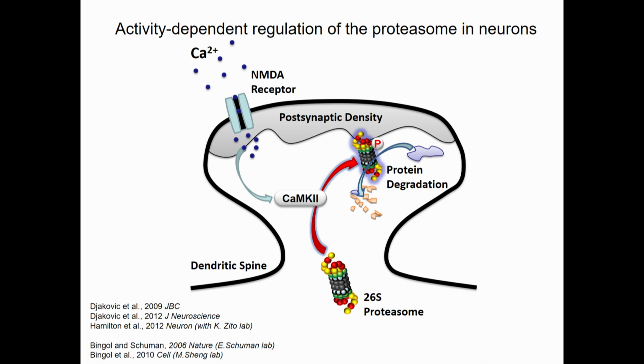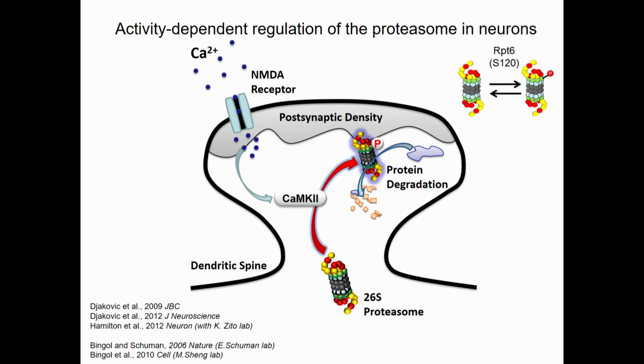This appears to be really important because we found, for instance, that when we made mouse models of this system, where we created phosphomimetic and dead mutants of the actual site of phosphorylation on one of the subunits that was targeted by CAMK2, there was a variety of things that we uncovered. For instance, spine dynamics seem to be altered. It appears, in a collaboration with Karen Zito at UC Davis, that proteasomes are actually required to make new spines